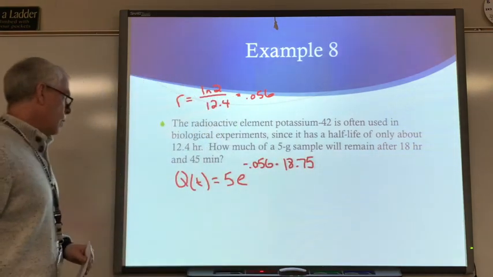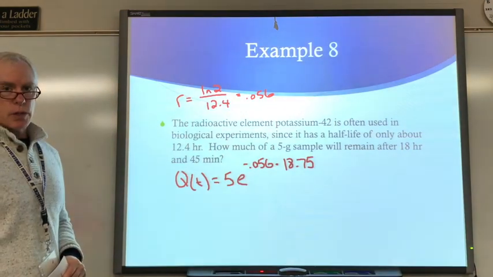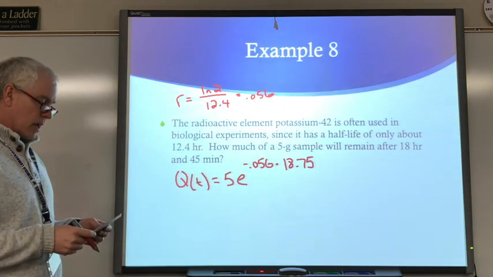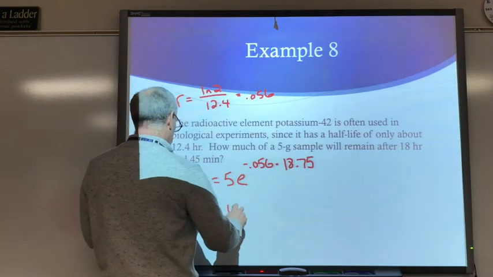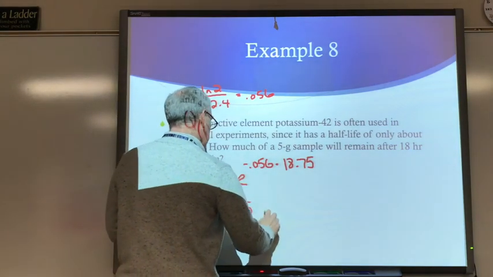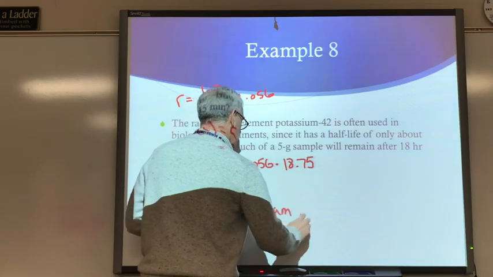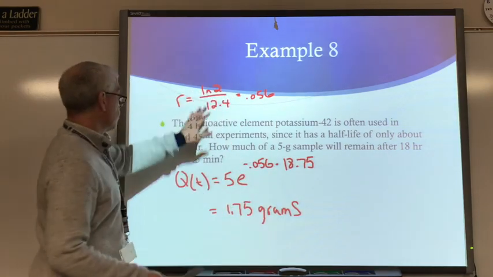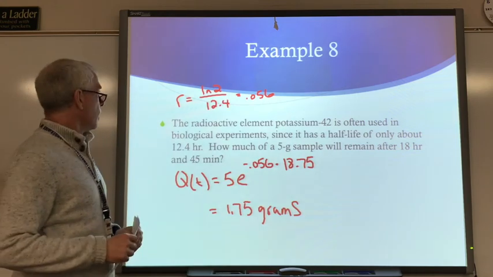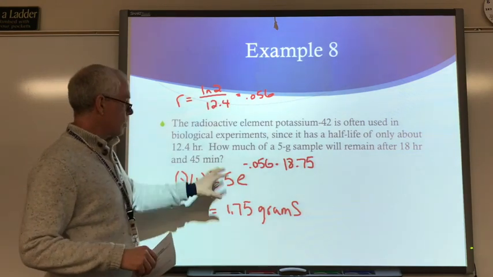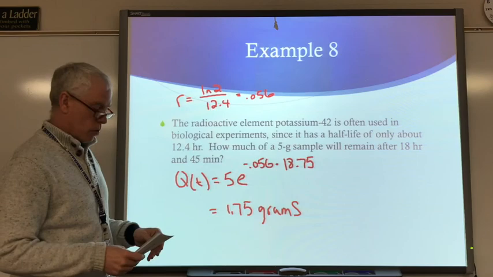Okay? Well, the right side of the equal sign is just numbers, you guys. I don't have to solve for a variable. I don't have variables there. So if I do that, I'm left with 1.75 grams. Okay? So in order to use this one, I had to first find my rate, which was that ln of 2 over the half-life,